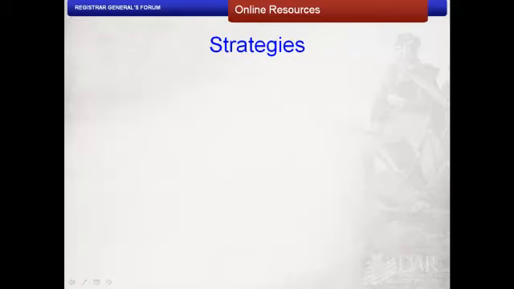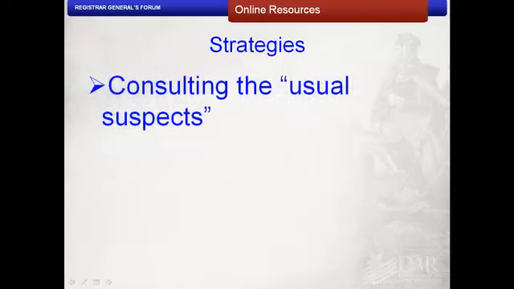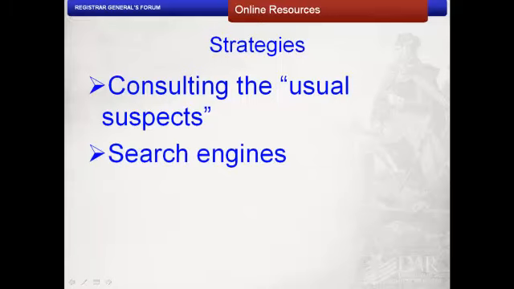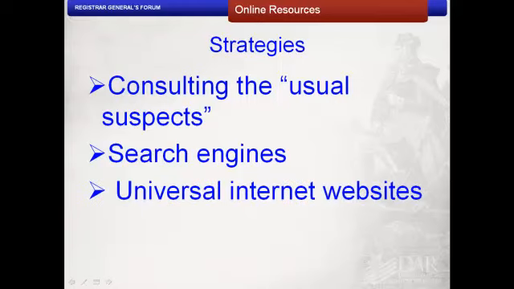With all those online resources floating around, indexed and unindexed, on various websites and databases, we have to evaluate how we approach the usual suspects with genealogical resources online. We will consult the usual suspects and look at how we utilize them in a capacity that yields fruitful results rather than the same results each time. Use search engines to enhance capabilities and narrow down what we are looking for. Review universal internet websites that give us wider searches and lead us to other websites.